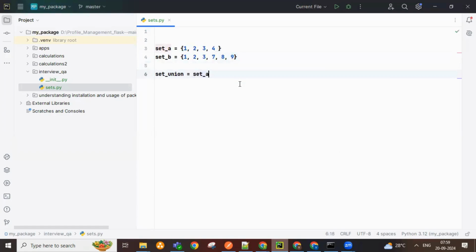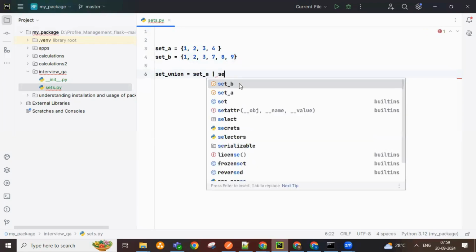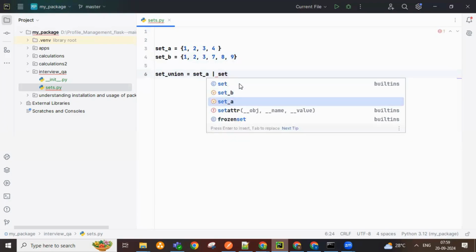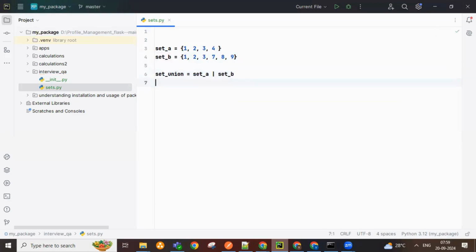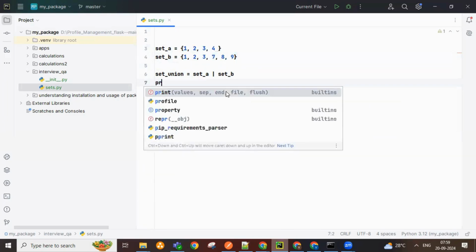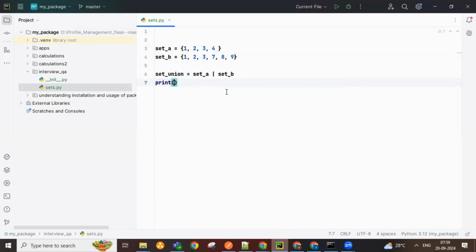Set A. Instead of plus, we should use the or operator. So union means the or operator, guys. You got it? Set B. This way, the or will take every item from set A and every item from set B. Understood? If you just print, which means when you do this set union,